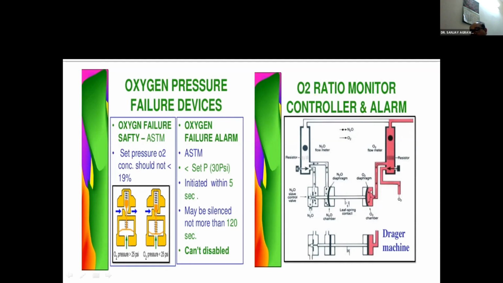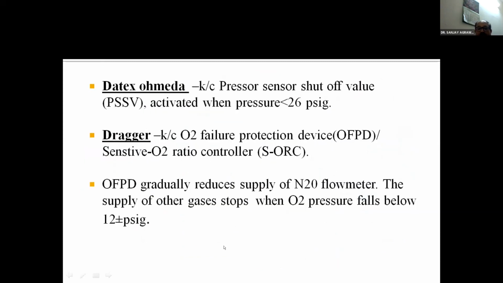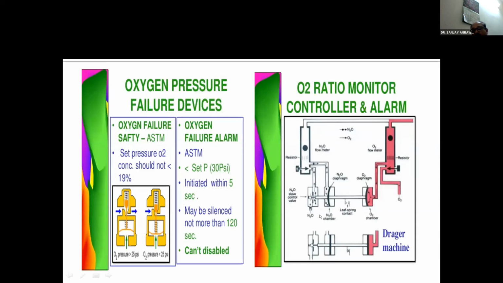But as the concentration of oxygen goes down, the machine still tries to maintain the total oxygen in the common gas outlet at about 19%. Till that time, as the nitrous chamber pressure goes down, simultaneously the pressure over this nitrous chamber also goes down, and that decreases the total amount of nitrous oxide being given. As soon as it goes below 19%, the nitrous is totally shut off, it falls back and only the oxygen flows in.